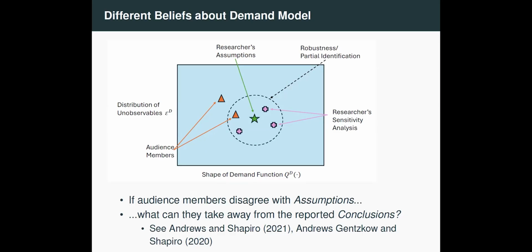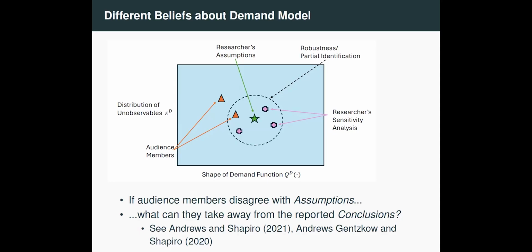And the researcher might be here at this green star. And if they're a conscientious researcher, they might have a table somewhere in the back of their paper where they also show you what happens if you pick a few different possible assumptions at these purple pluses. And so you can get a sense of the sensitivity to a few different possibilities. And if they're really cool, and they really, really want to get their paper into Econometrica, then they might even show the full set of possible estimates that you could get under a whole set of assumptions. That's really cool. And take a set estimation approach.